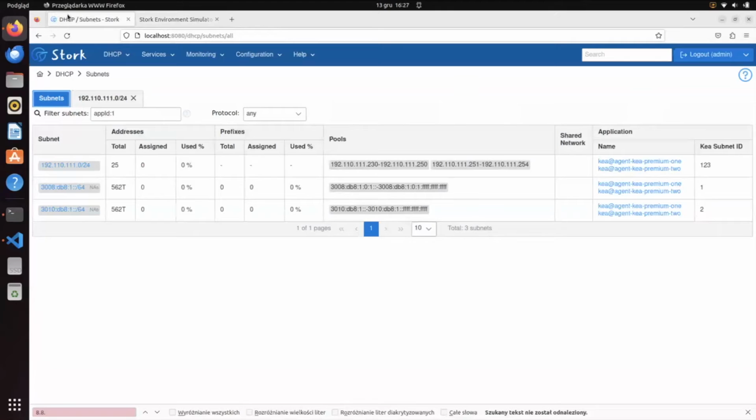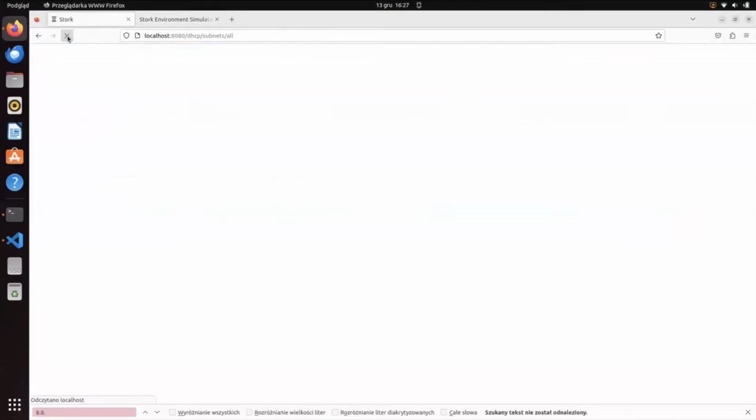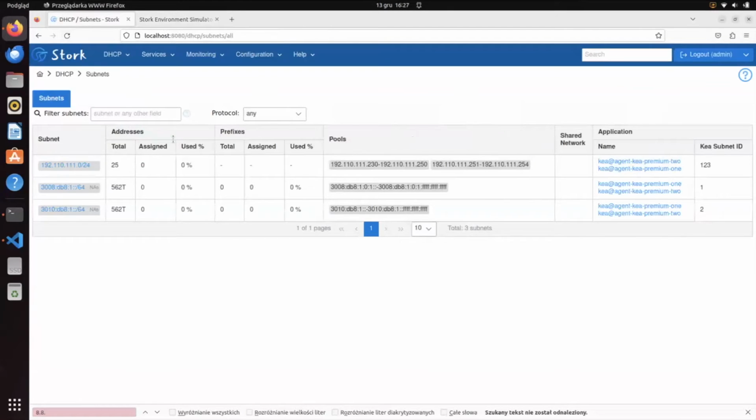So again, I go back. There should be some lease assignments already, but it takes time because Stork is using the concept of pollers, and the pollers run at certain intervals. They send queries every so often to the Kea servers to gather statistics. If you want to manipulate the poller mechanism, if you want to change the intervals so certain updates happen more or less frequently,